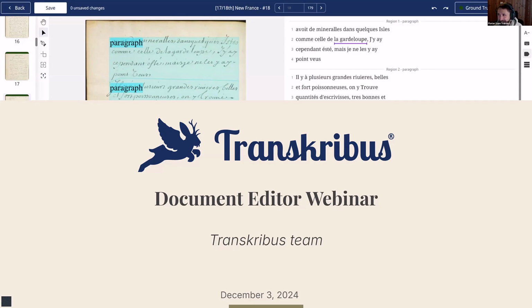Thanks for joining today. Today we will talk about a very specific topic here at Transkribus about the document editor. We would like to give you a good overview about the editor in Transkribus and give you all the tips and hints about working with the editor and how you can make the best of working with the document editor